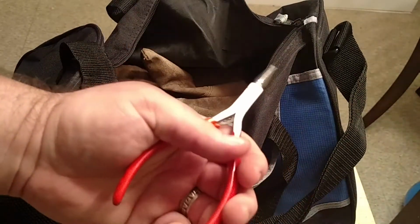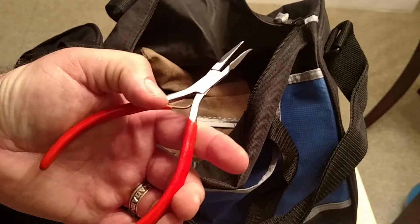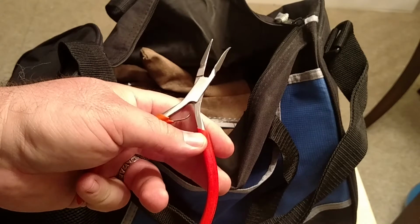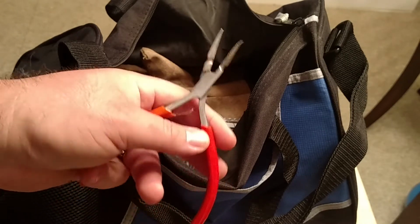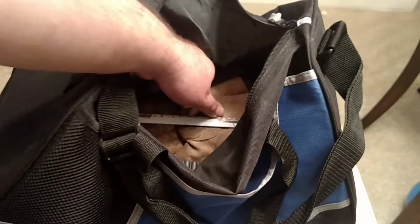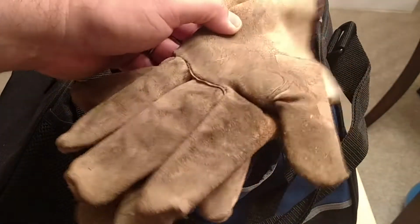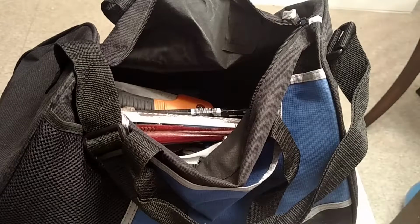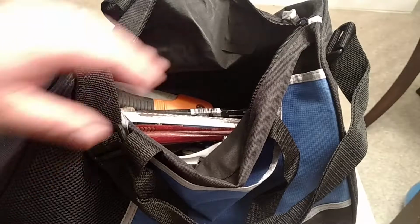Small pair of needle-nose pliers, a million uses. They're really handy. I'm sure you're probably going to have a Leatherman in your bug out bag, but this is a nice extra and backup. They don't cost much, and they don't take up a ton of weight. Work gloves, good heavy work gloves. Something you're not going to put in your bug out bag, or maybe you have a pair in your bug out bag. Never hurts to have an extra. And like I said, if you drop it, well,